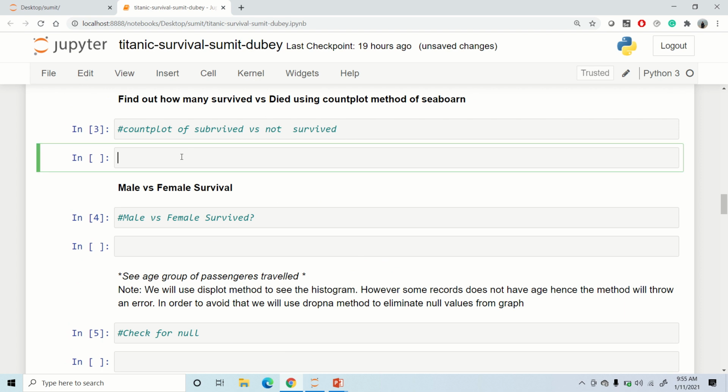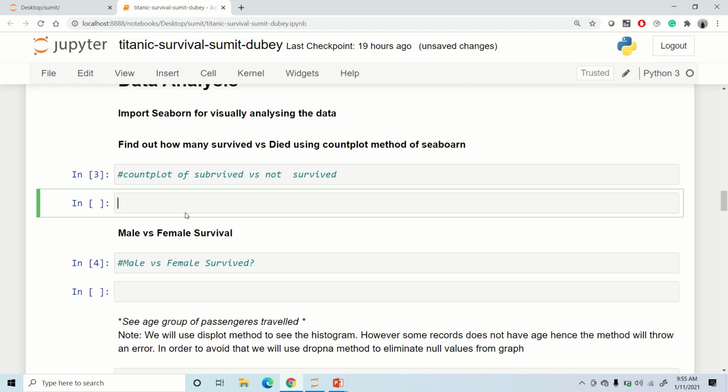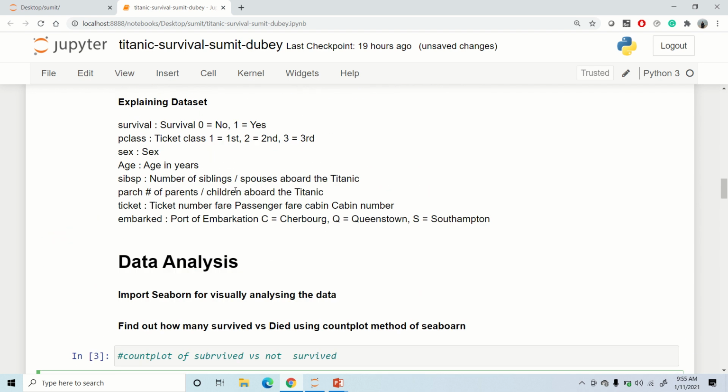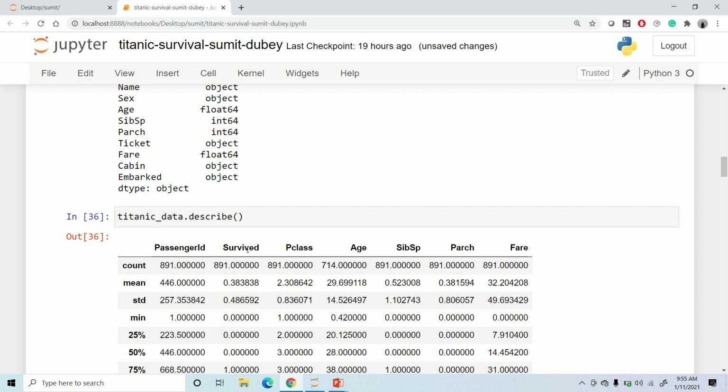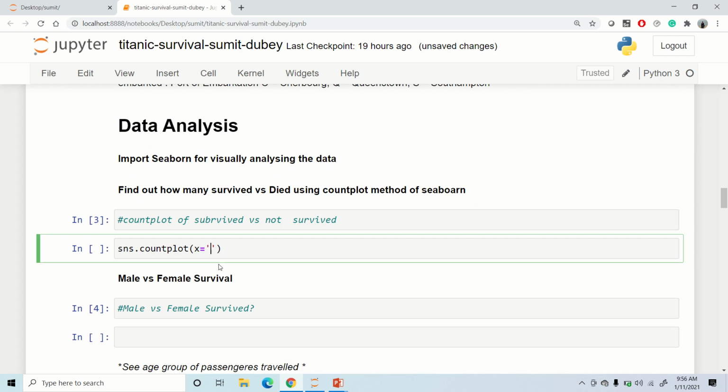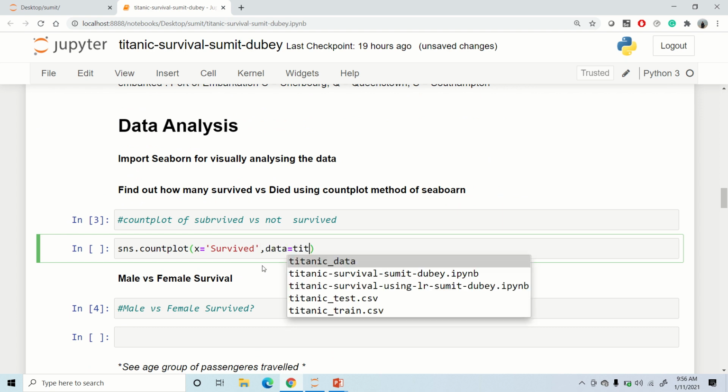Using count plot, we will know how many passengers survived and how many didn't survive. So I'll say sns, which is short for Seaborn, dot countplot, it's super easy. And I'll say x is equal to the column which tells me whether or not the passenger survived. So this is the column, right, Survived, and I'll put the value of x as Survived, and then I'll say data is equal to Titanic data.